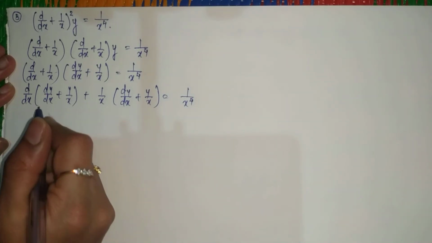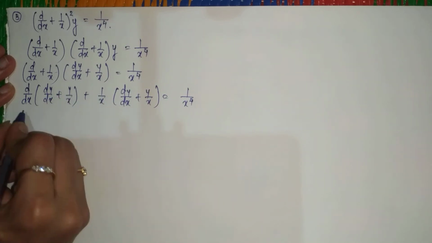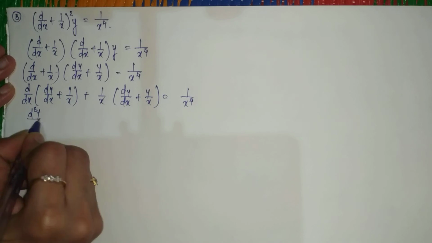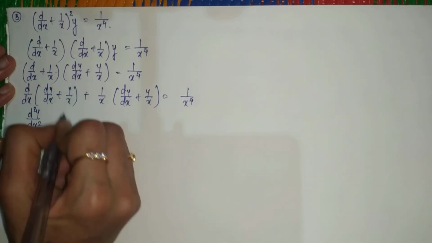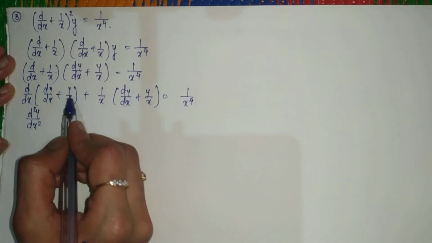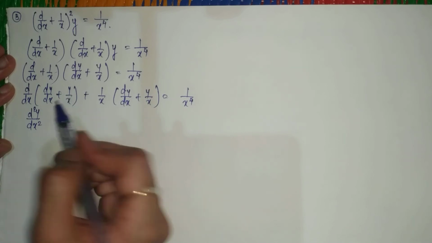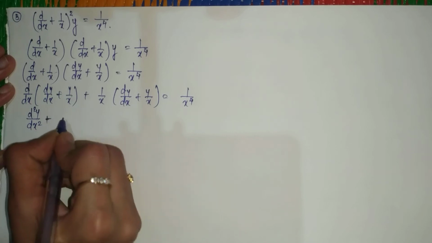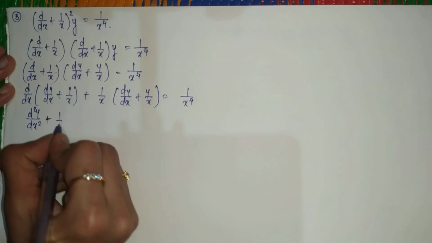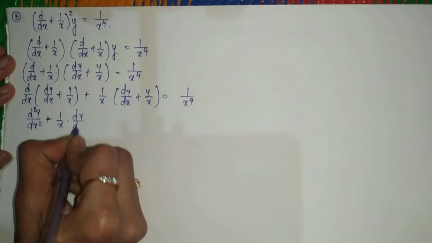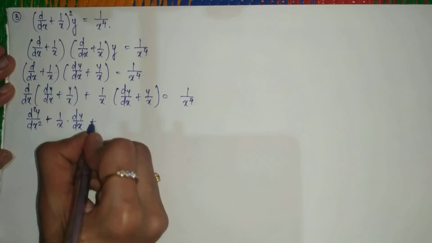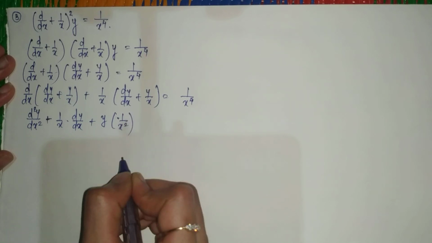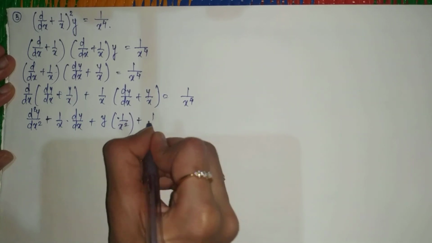Okay, so now we can solve it. We will get d²y/dx² and d/dx of y/x. See, y may be some function of x and x is again some function of x, so you can use the u into v rule. So we will get 1/x into dy/dx + y into (−1/x²). Similarly here 1/x